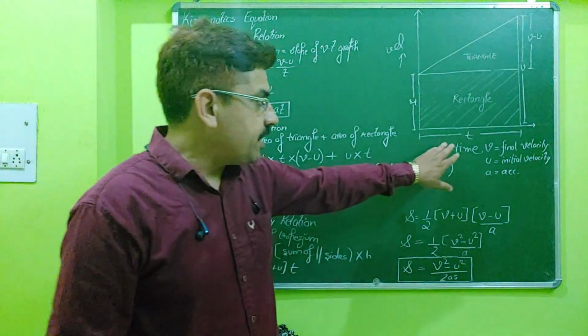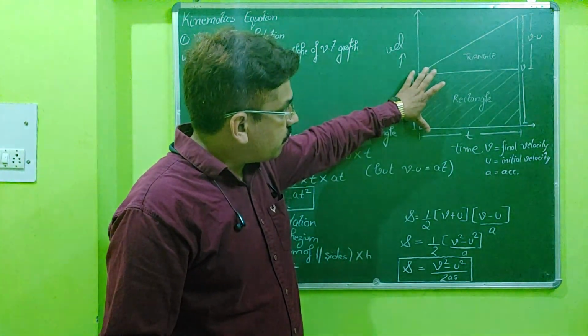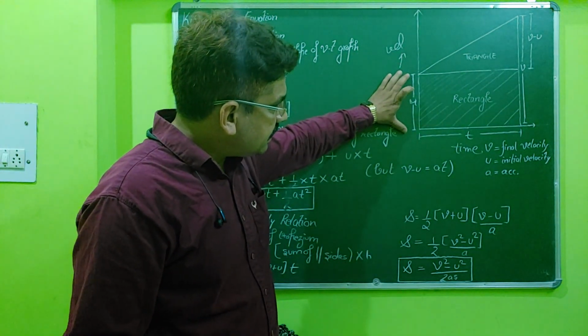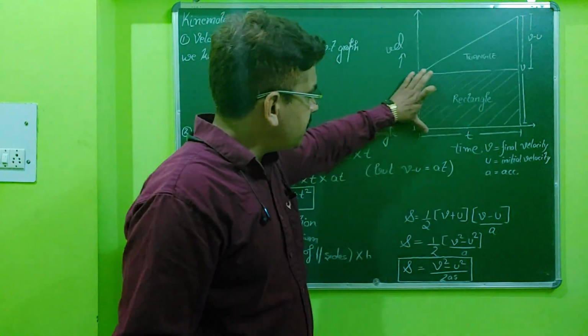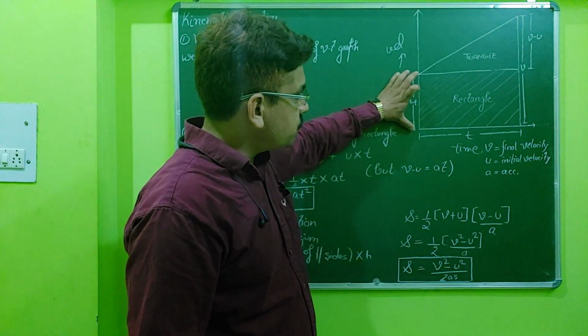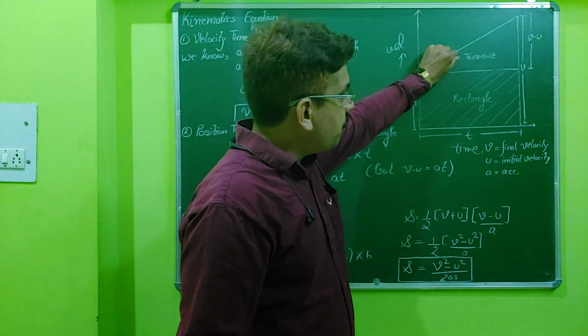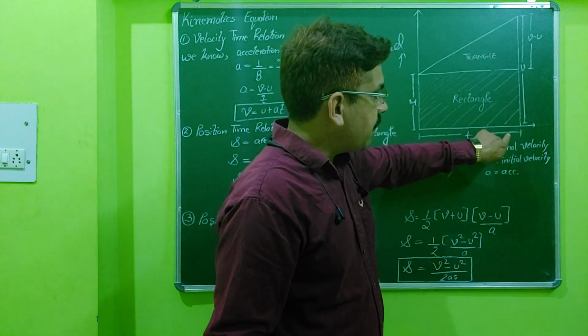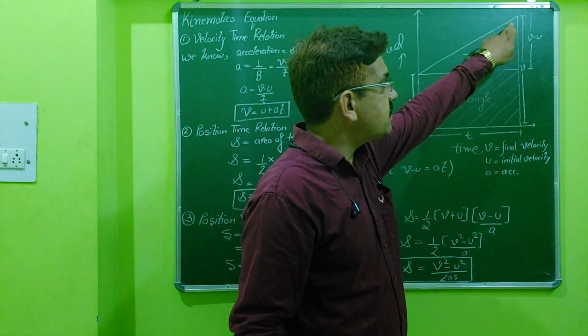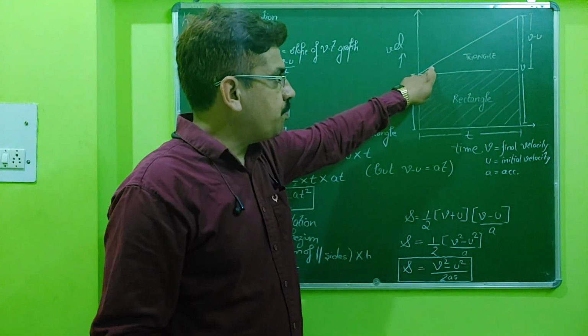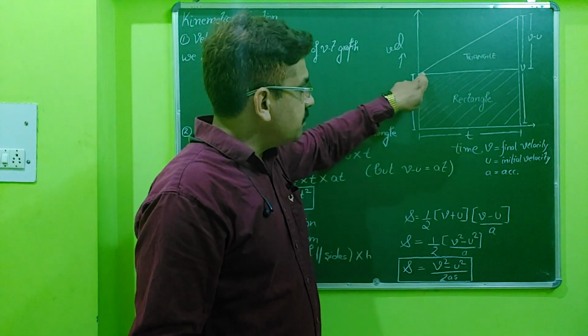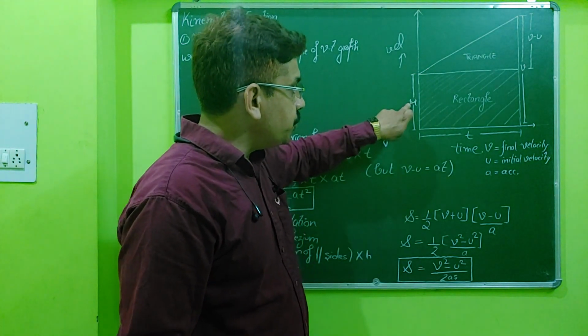So this is the time t. This part is constant, meaning the initial velocity is fixed. After that the velocity is going to increase with time, so the slope is just like this one. In this case the velocity changes from u to